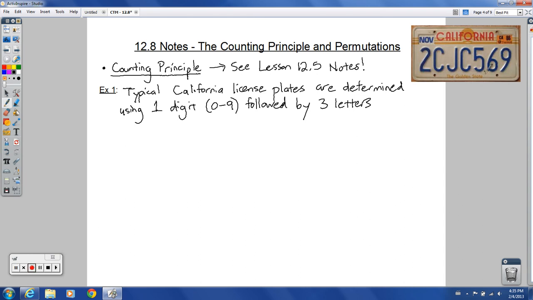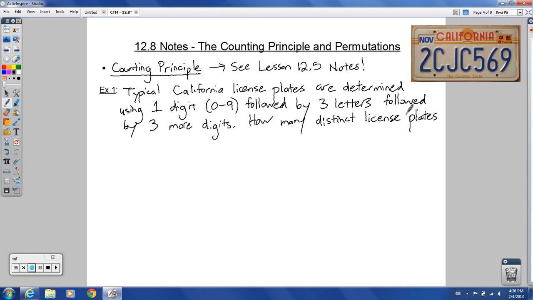Digit, 3 letters, and then 3 more digits. Here's the question: how many distinct license plates can be made